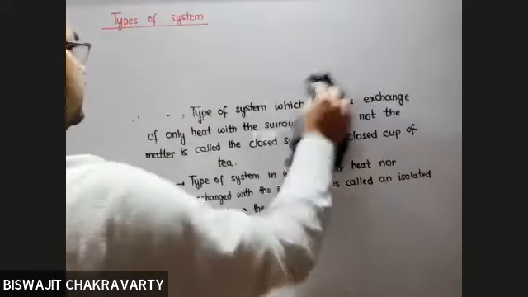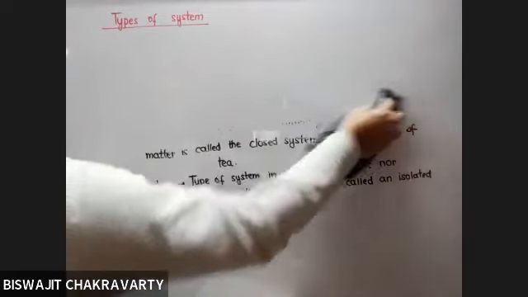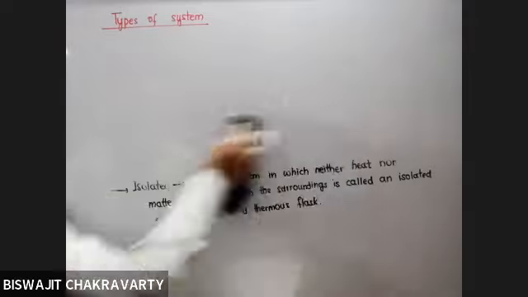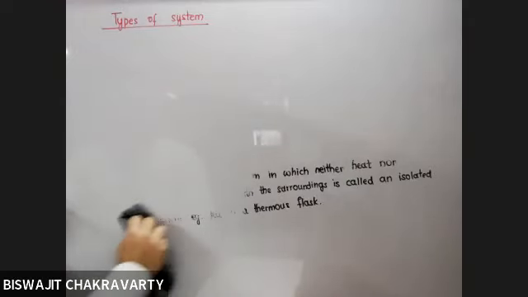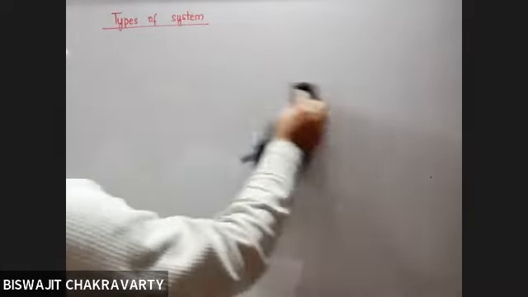It is not very difficult for us to understand that in open system there is no barrier for exchange. In closed system there is a barrier only for the matter, not for the heat, and in isolated system, obviously, you do not allow the exchange of any of the two.